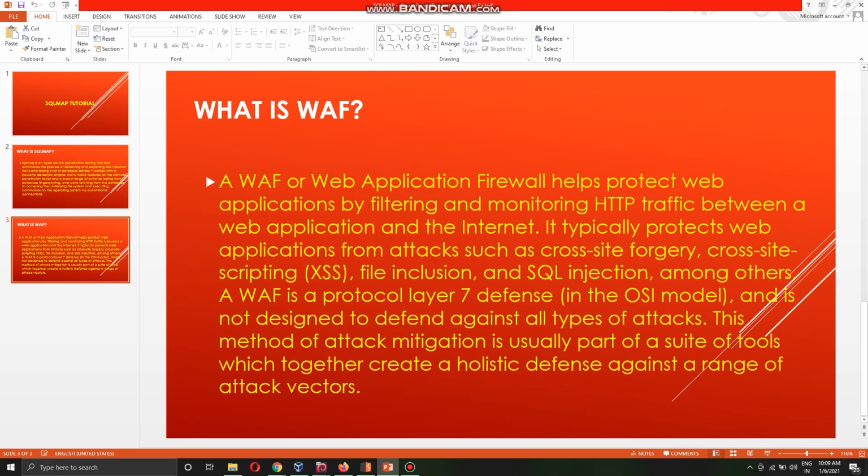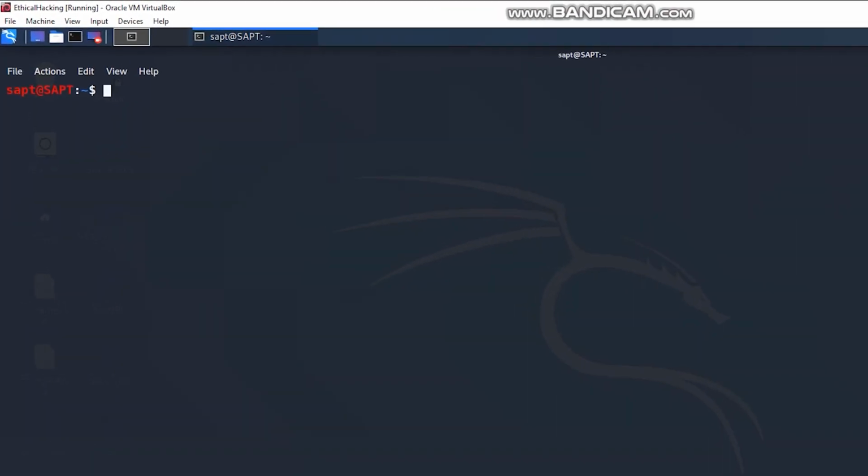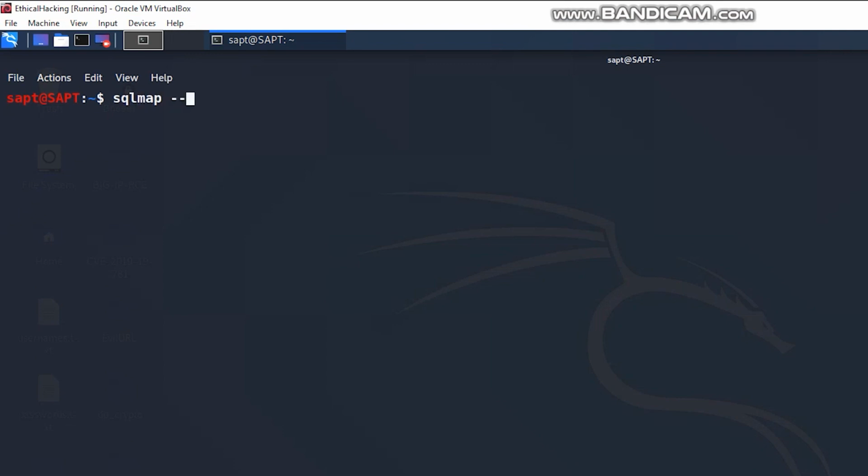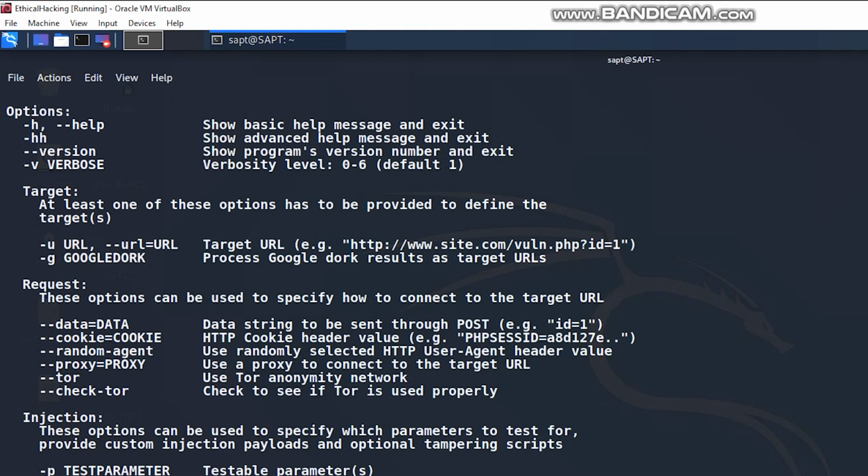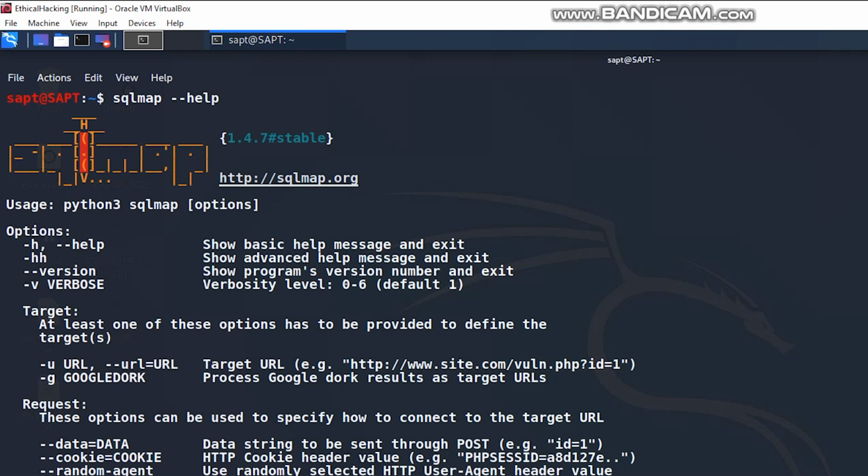Now let me show you the different switches that we can use in SQLmap. First I will use sqlmap --help. First is the verbose flag. Verbose depends on how much data you want to know about the process, like how much enumeration. If it is verbose one, it will only show which payloads for a certain database are working, and if you increase the verbosity, it may even show which payloads it is working on. So verbosity is for this, depending on the data you want to see.